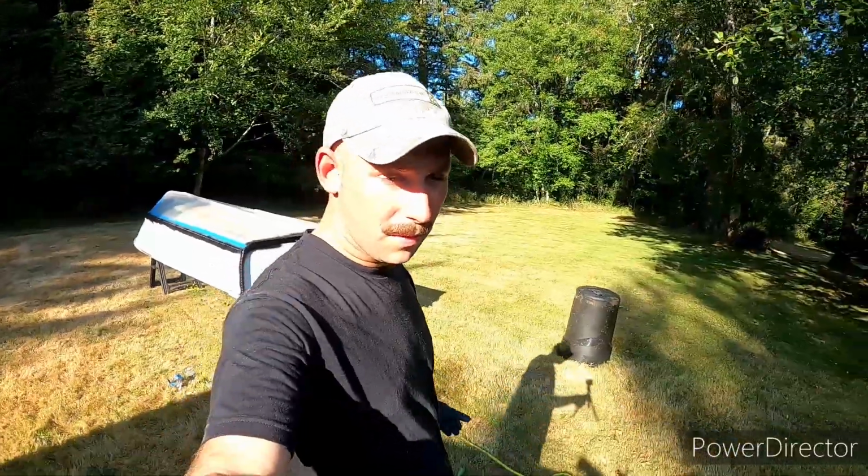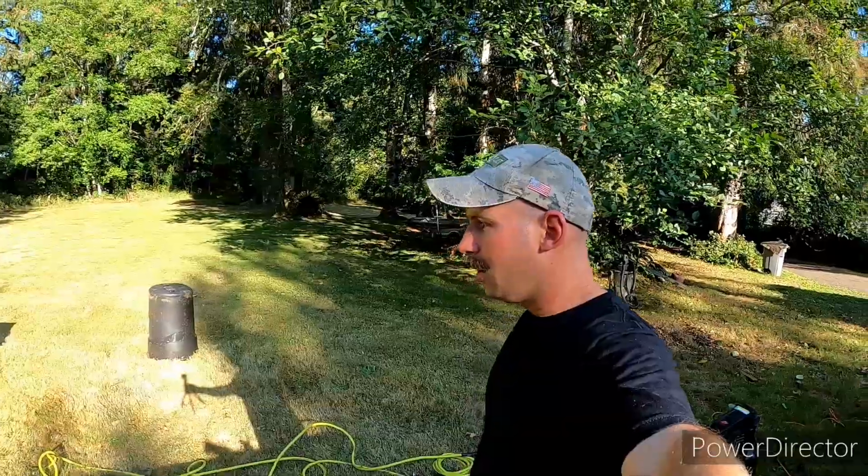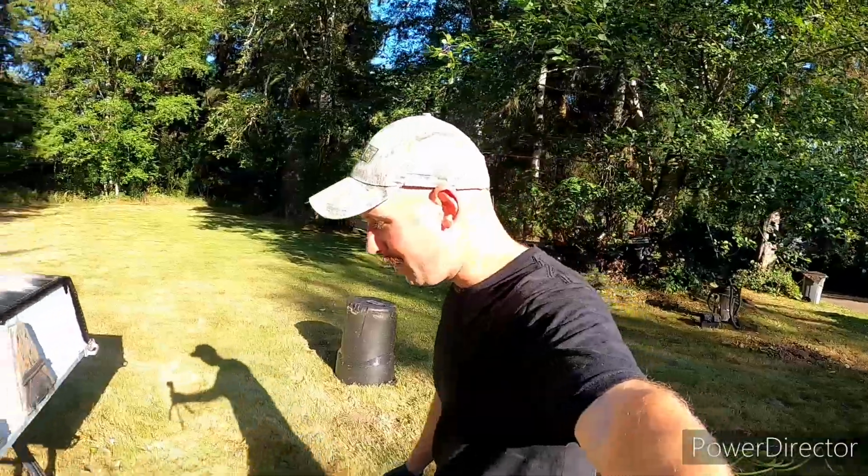I am not trying to make this a hunt-from blind boat. The only thing I'm trying to use it for is transporting to and from, and that way it's a little easier to hide. So when I throw my little piece of burlap netting over top, it doesn't stick out so bad. So we're gonna let this dry. I'm gonna spot touch it up real quick, and then we'll get to actually rattle canning it with